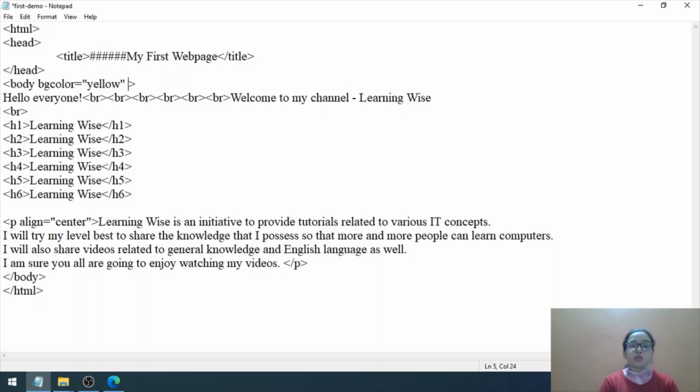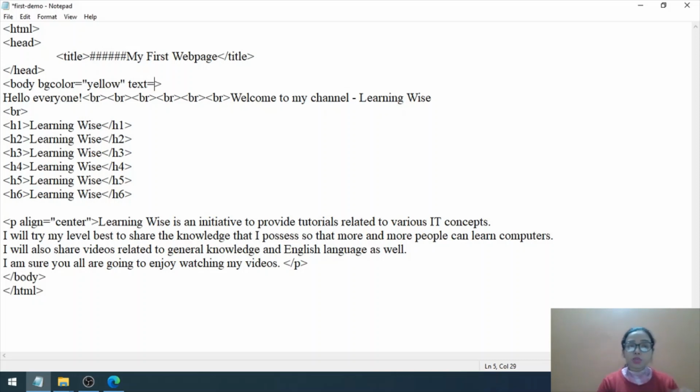Remember that we can give more than one attribute together in a tag by giving spaces. So after this double quotation marks, we have to give one space and then we can write text equals to. Here text signifies the color of the text.